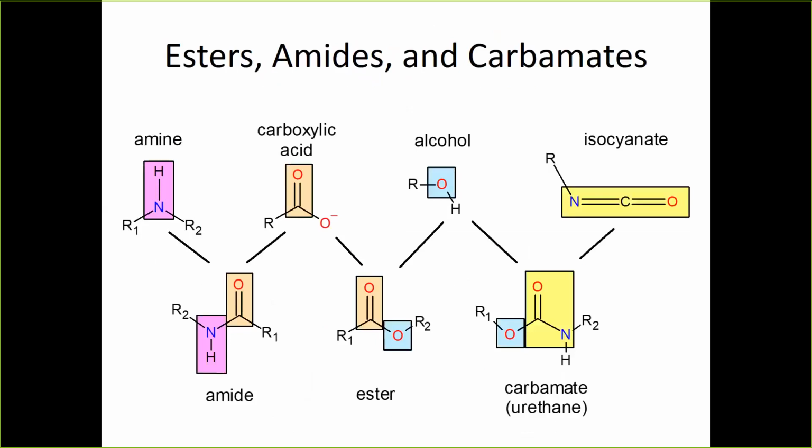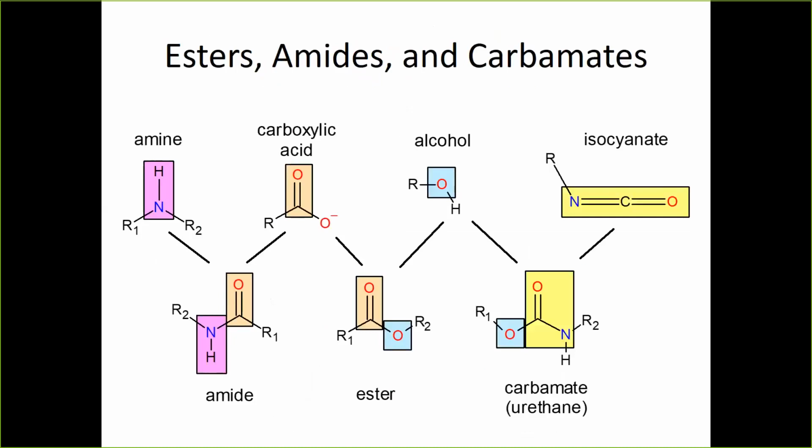This is just another structure here, a cartoon to show you how these carbonyl compounds that I was just showing you are combinations of other functional groups that you already know. So basically, if you mix together an amine and a carboxylic acid like you see on the left, you end up with an amide. And if you put together a carboxylic acid with an alcohol, then you end up with an ester.